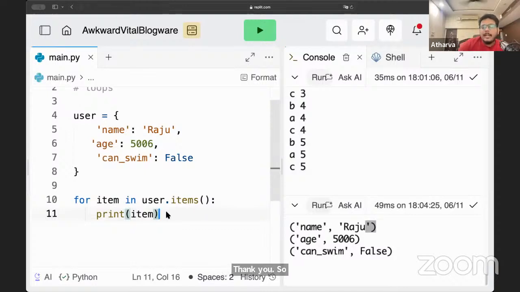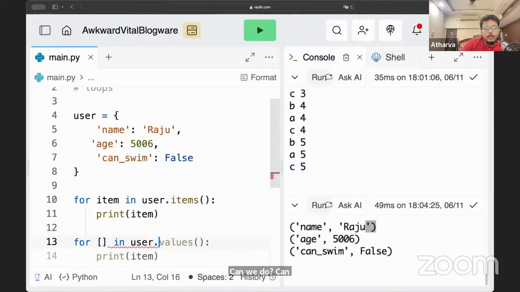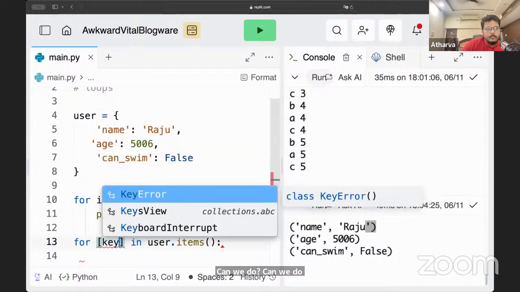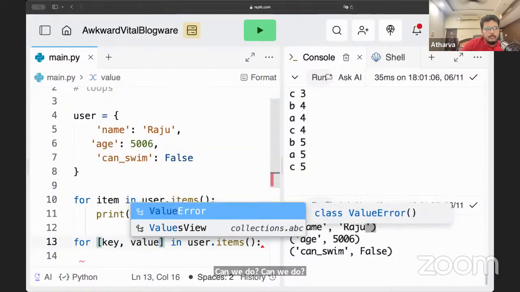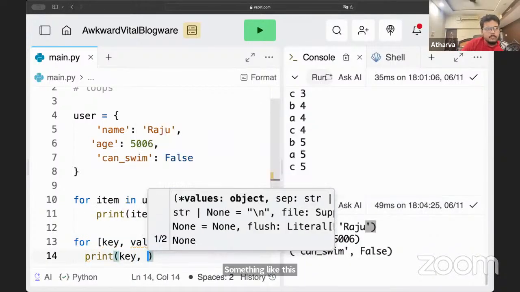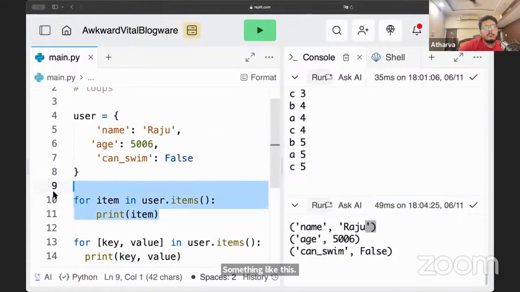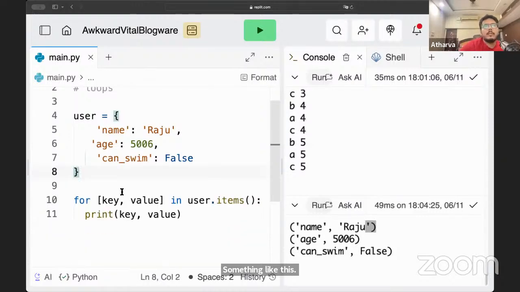So there was something that I told you, if you remember. Can we do something like this? Can we do this?